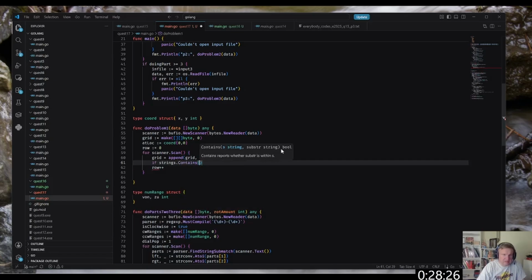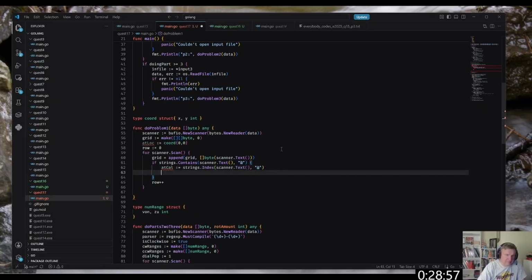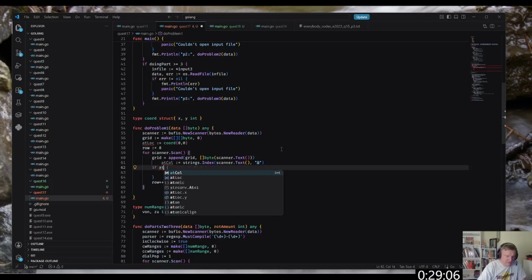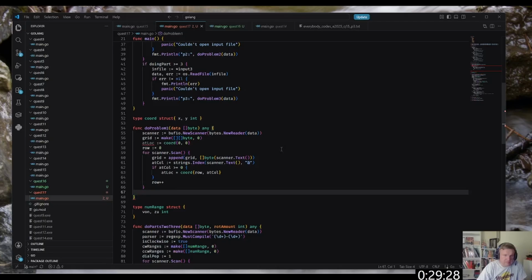If strings dot contains scanner dot text at, strings dot index row at, loc coord row at call. Okay, then